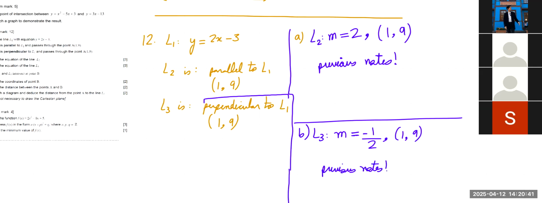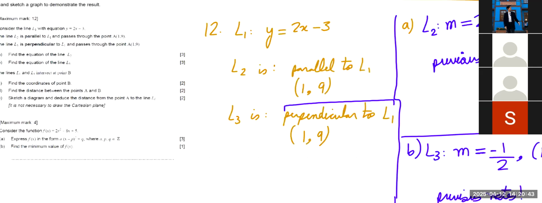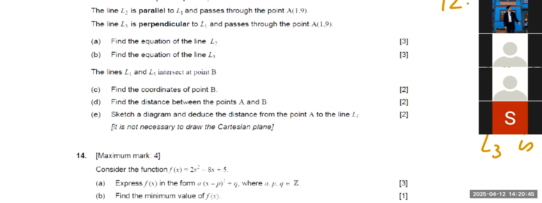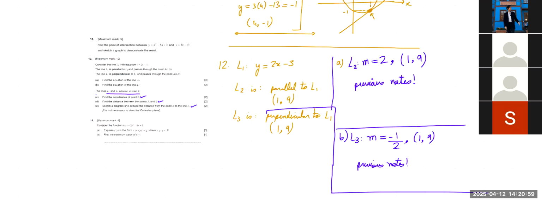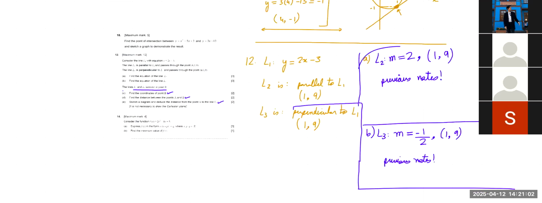Okie dokie. Part A and B are done. Okay, the next question is about intersection. That's from the previous question, so you can find out the answer to this yourself. You can find out the answer to this yourself too. And you can do this yourself also. So all of this is now homework. I've explained everything you need to know. Honestly, even this I shouldn't have had to explain because if you looked at the previous notes, it's